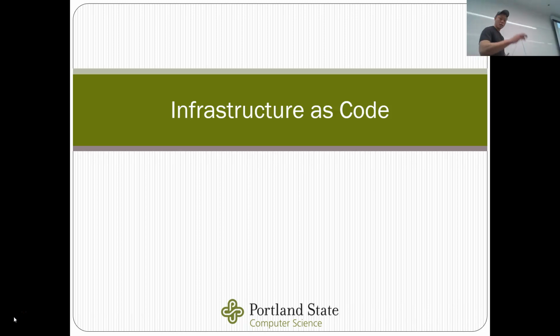Okay, so today we are going to cover infrastructure as code. So what is that? Well, actually, before we cover infrastructure as code,